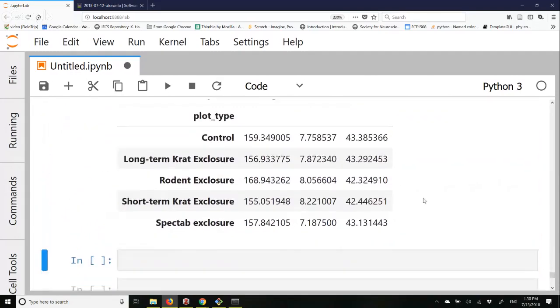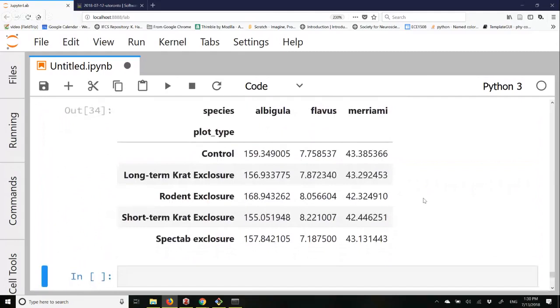Now this is useful for us. Now this is meaningful for humans. So we have it in a table format, with all the plot types in rows, and all the species in columns. This is so useful, and so frequently used, that in pandas you have a function called